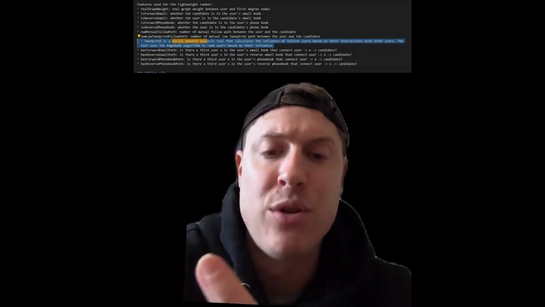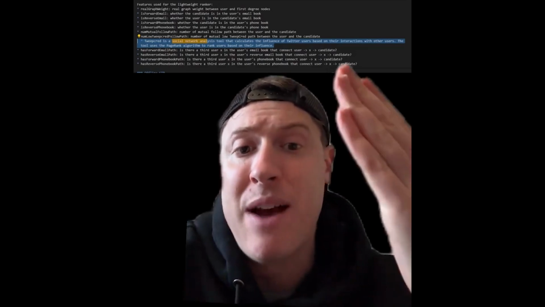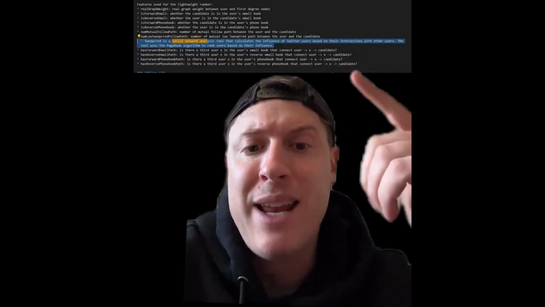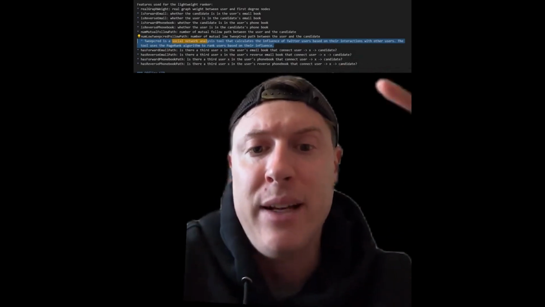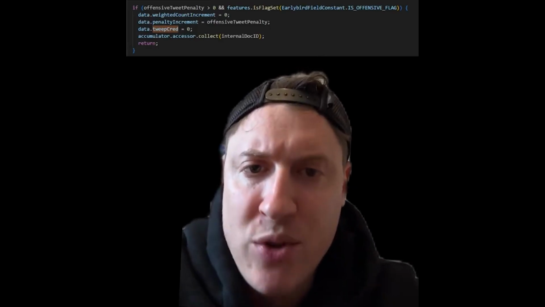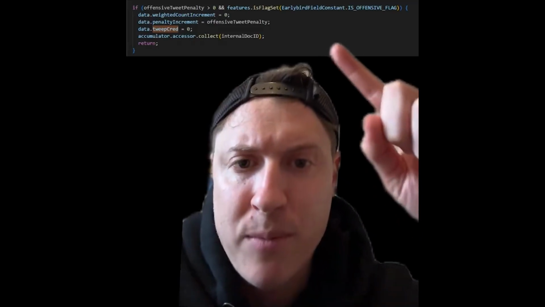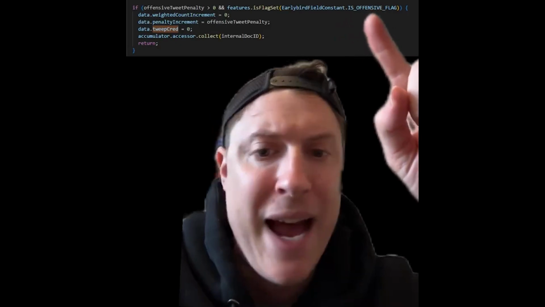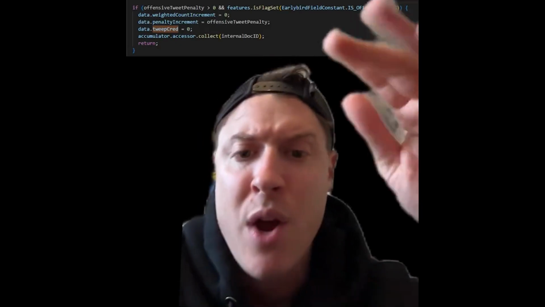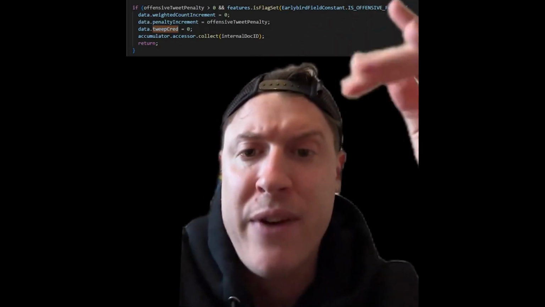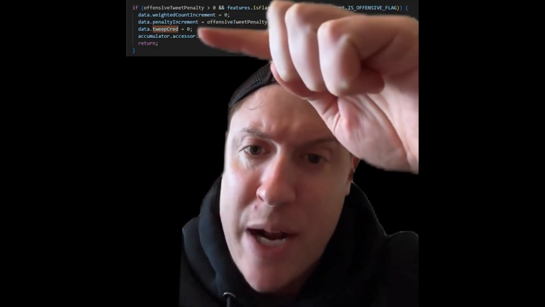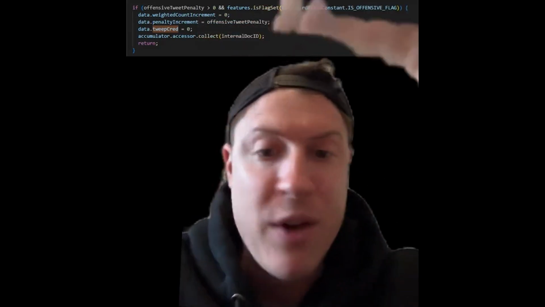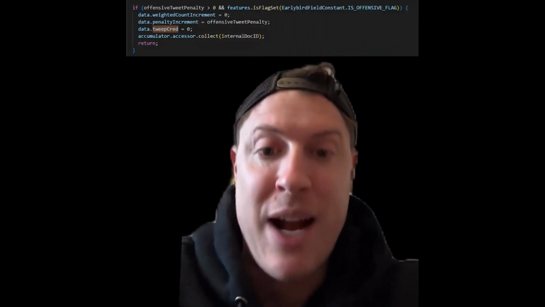So if you feel like you're shadow banned, this might be because you have a low TweetCred score. Let's get into how this score is calculated. Here's one way your TweetCred score can be destroyed. If your post is marked as offensive, so if it gets an offensive flag, which might be from someone reporting you or just the AI determining you're using offensive language, your TweetCred just straight up gets set to 0. If it goes to 0, no one's seeing your content.